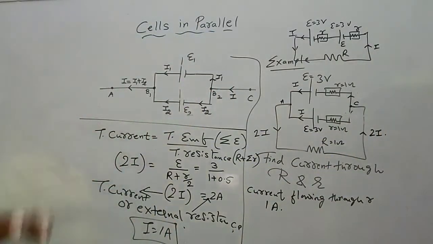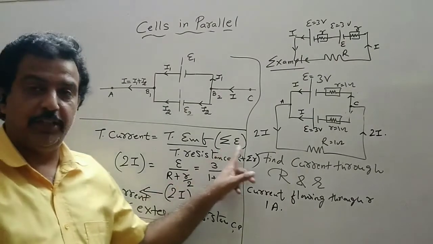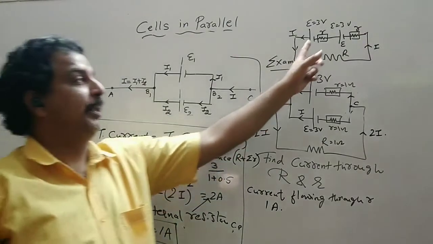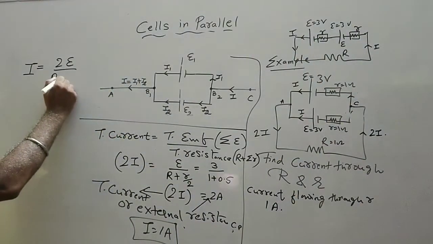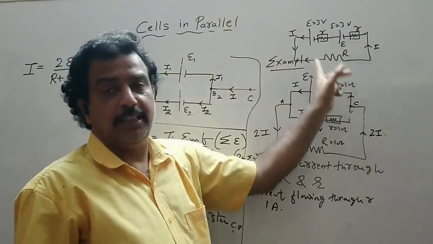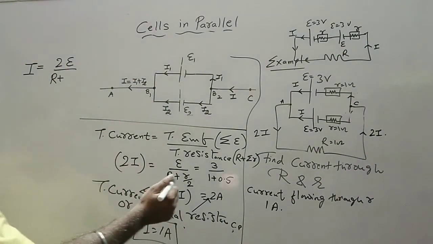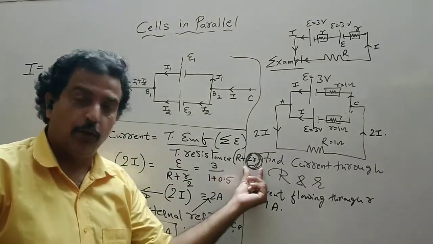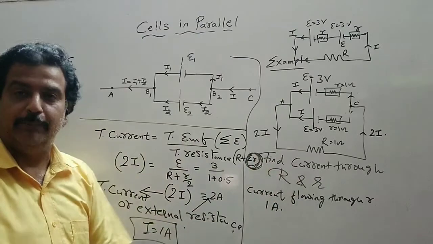Now I apply this formula, total current. So the total current in the circuit is I. Total EMF, summation EMF, should be written as twice E for the series combination. In series combination, they are in a helping condition. Divided by total resistance, that is capital R, plus, if you move in the circuit, all three resistances are in series combination. So I write R plus summation of r. Here summation of r means if it is a parallel combination, you apply the formula for a parallel combination, like we did, r by 2. If it is a series combination, you simply add up.